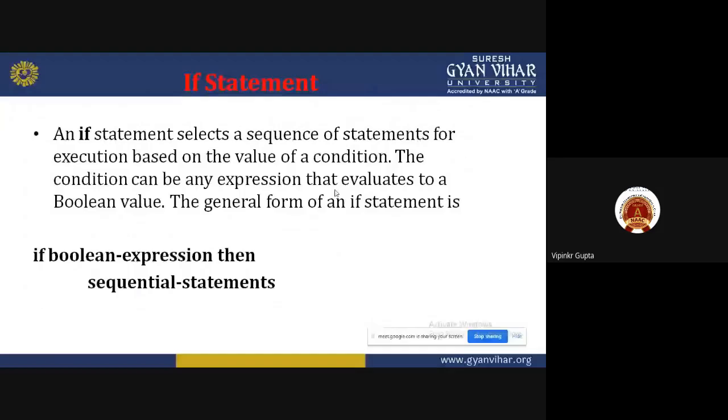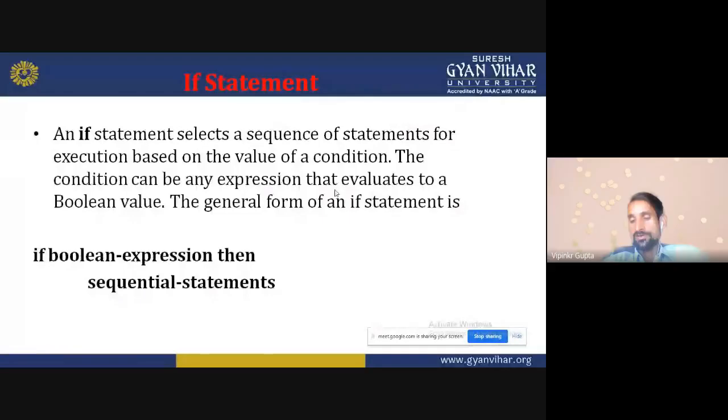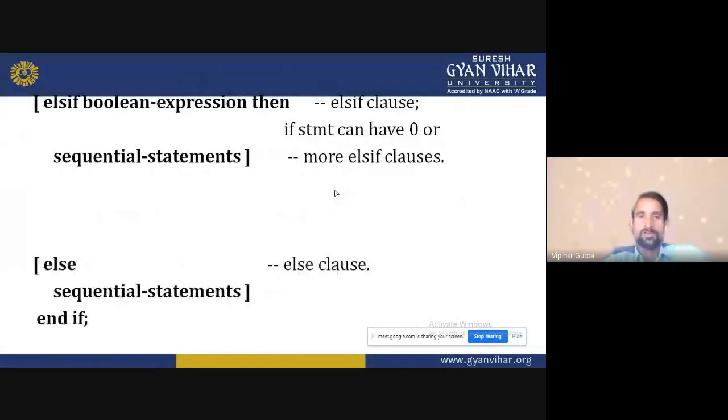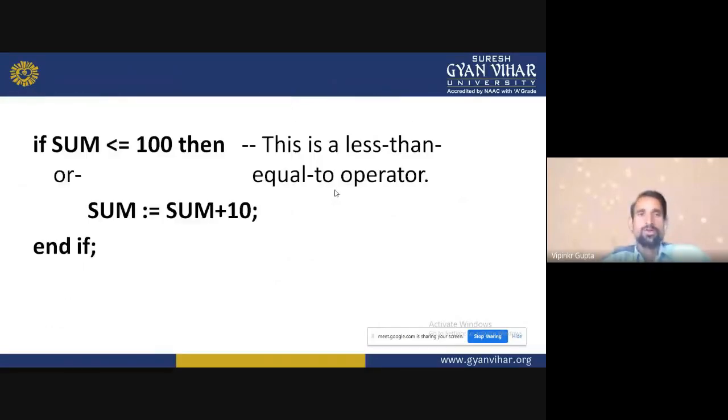The condition can be any expression that evaluates to a Boolean value. The general form is: if condition then sequential statement, elsif, then else, then sequential statement, and like that. One example is given: if sum is less than or equal to 100 then sum is equal to sum plus 10. And end if, that is the part.